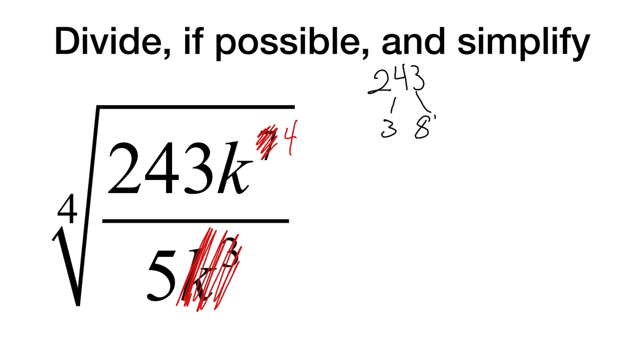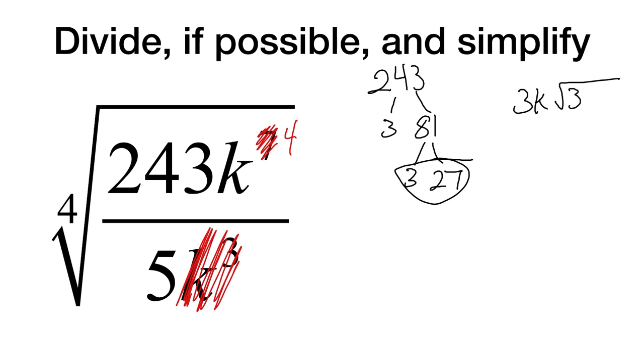So that becomes 81. 81 is 3 and 27. Wait a second, 27 is 3 cubed and 3. That means I can pull out a 3, and that leaves a 3. So when I do that, I get 3. I can pull out all 4 k's,